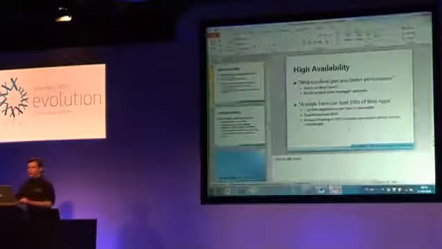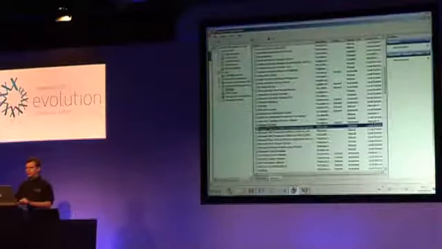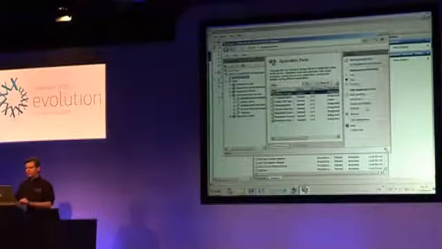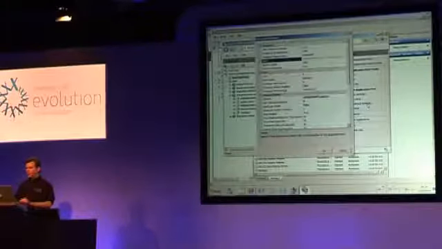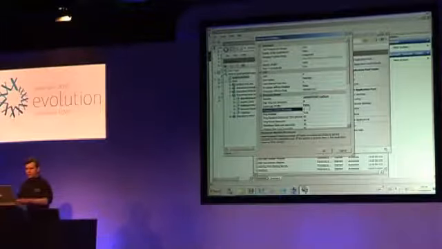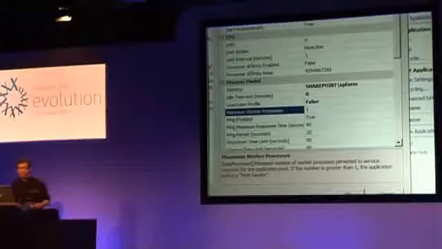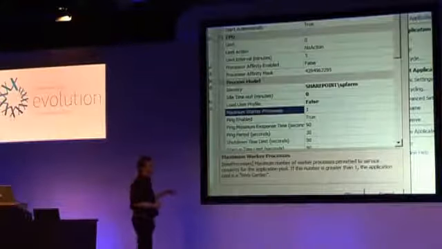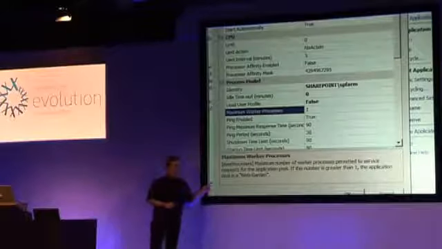If you're not familiar with this, this is in IIS. For an application pool, I can go into advanced settings here, and I can change the maximum worker processes value. So this is the number of w3wp.exe processes that are going to be running on the machine.